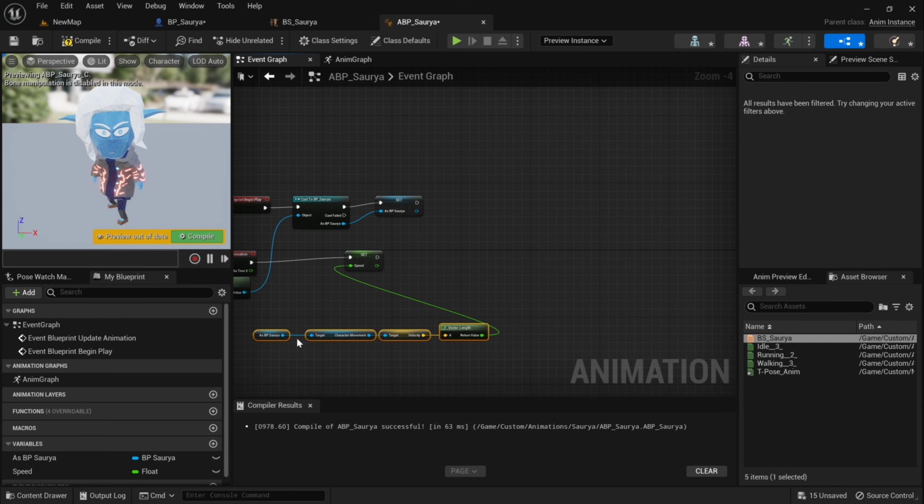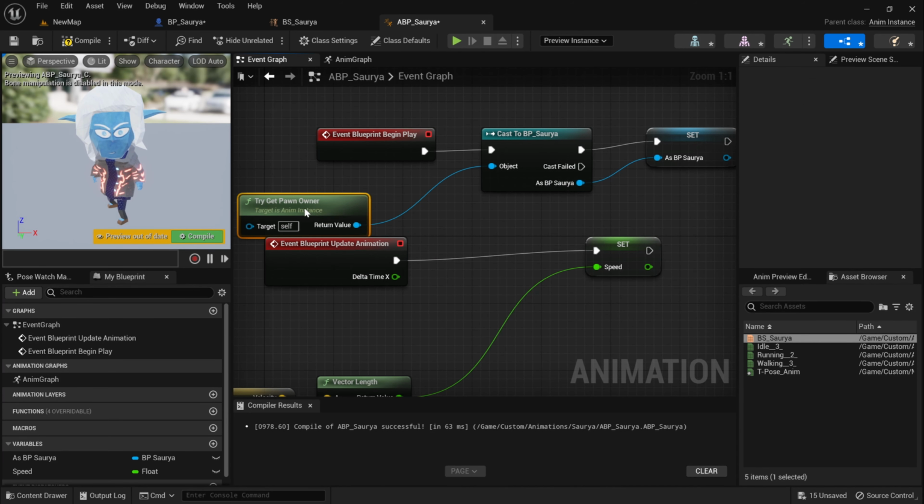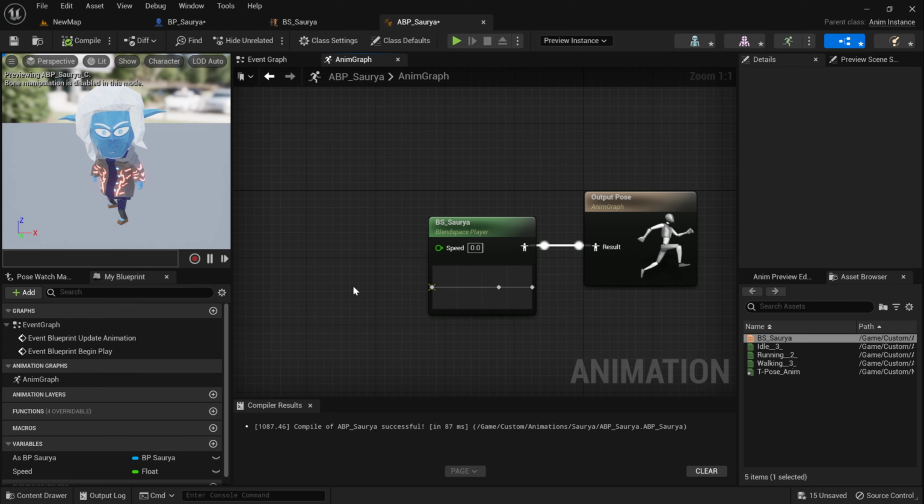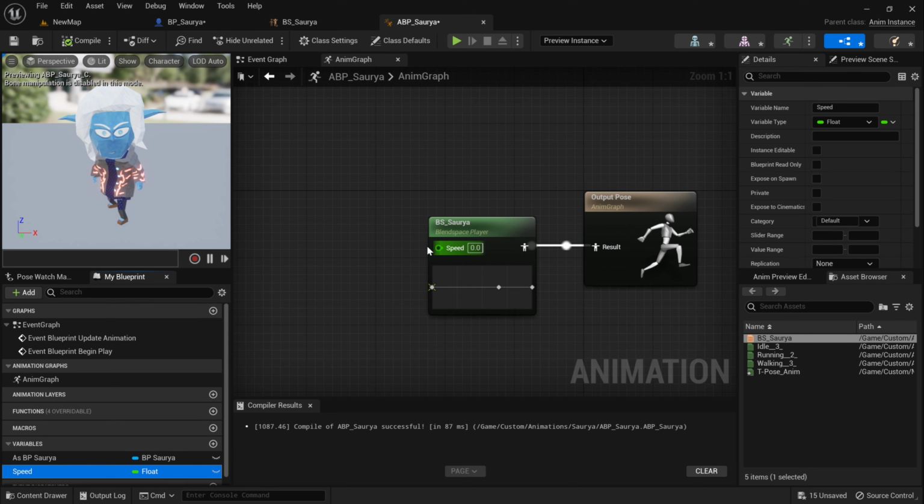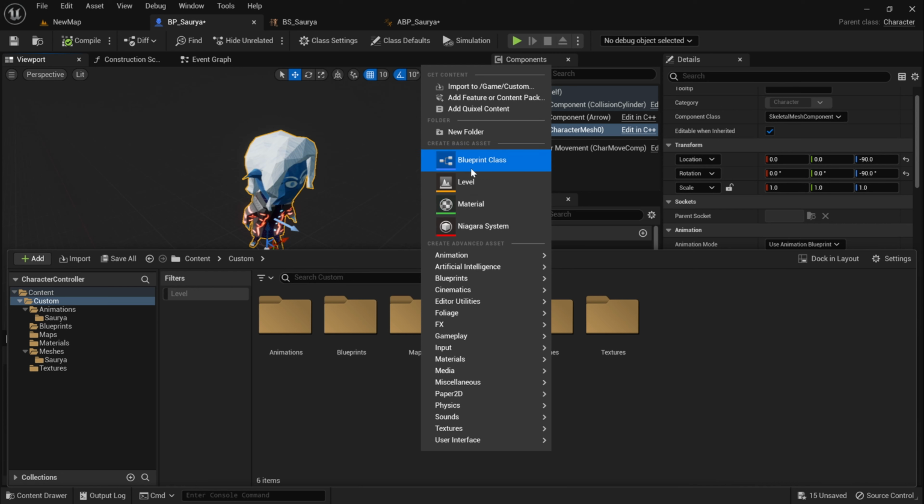So organizing it a bit. So now that is good, and we'll attach the whole thing,